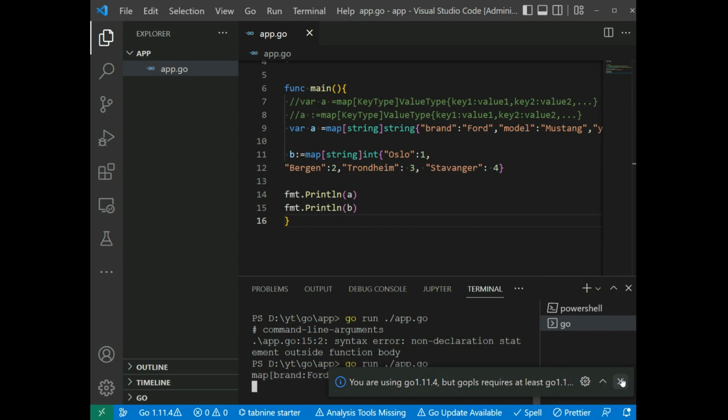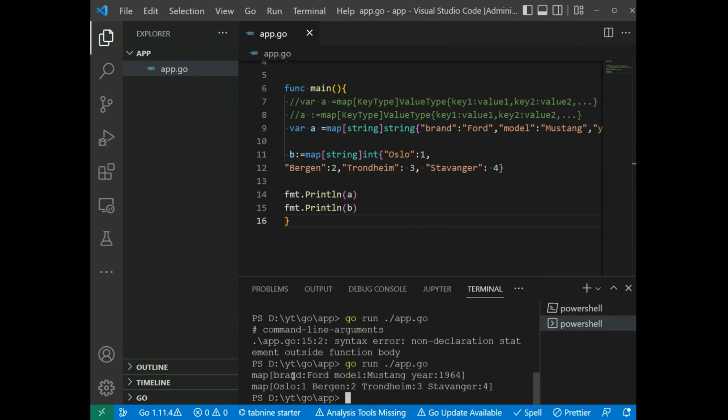Run again, and we have map: brand is Ford, model is Mustang, and year is 1964, and map Oslo is 1, version is 2, rounding is 3, and the scavenger is 4. And note, the order of the map elements defined in the code is different from the way that they are stored. The data are stored in a way to have efficient data retrieval